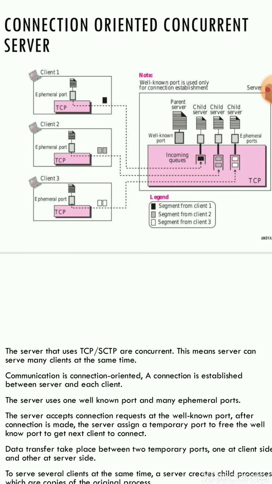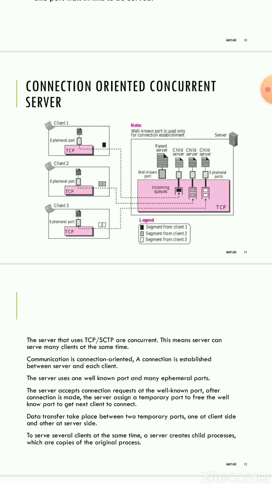When this process is completed, the main parent server goes back and waits for the next client. When the next client comes, say client 2, it again creates a child process, assigns that client to it, and waits for a new request. In this way it handles all the clients by creating multiple child processes. We will read a little about what is given in this information.